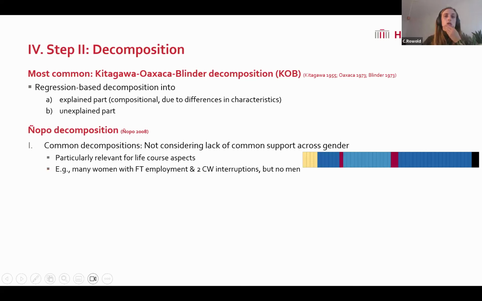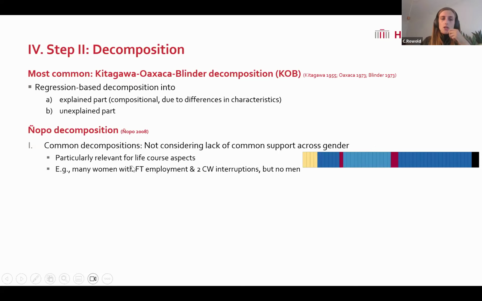However, as I said before, I apply this Unequal decomposition for two main reasons, and I go a bit more into detail here now. The first one is that a common critique of this, let's say, default KOB decomposition is that it does not consider lack of common support across groups, here across gender. And what does that mean? That means that we might lack counterfactuals of men who have the same combination of characteristics as some women